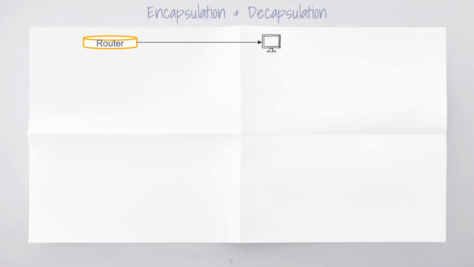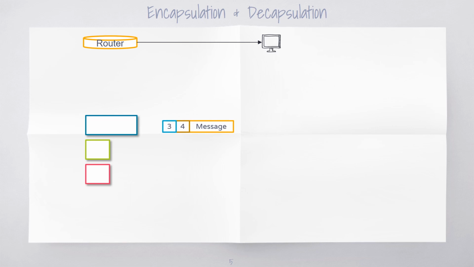Coming to the next part, where the delivery of the packet happens to the exact host from the router. At the router, we have three layers: physical layer, data link layer and the network layer. At the network layer, we have header information specific to the network layer, that is header 3, the transport layer header, that is header 4, as well as the message. So this entire unit is called a datagram at the network layer.